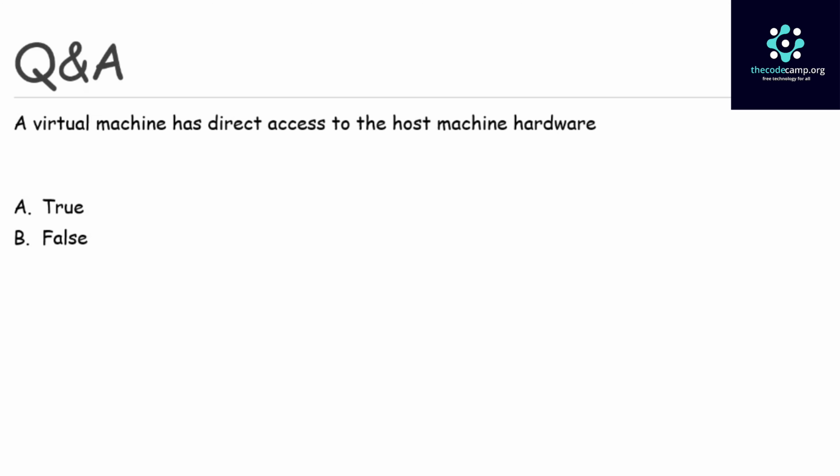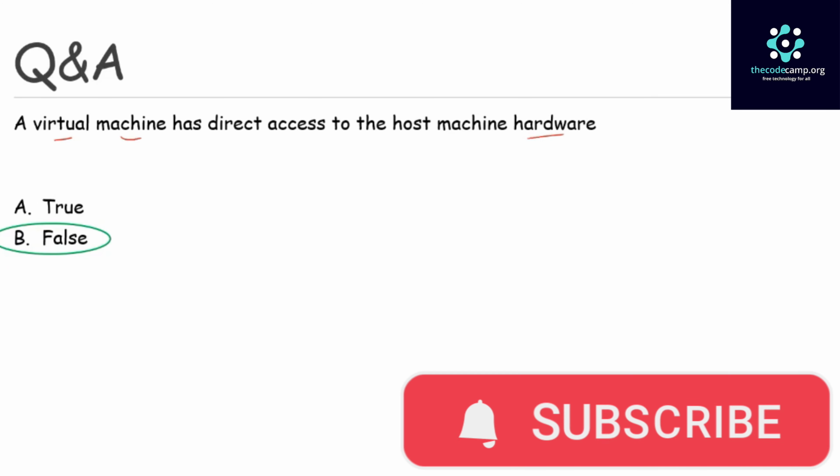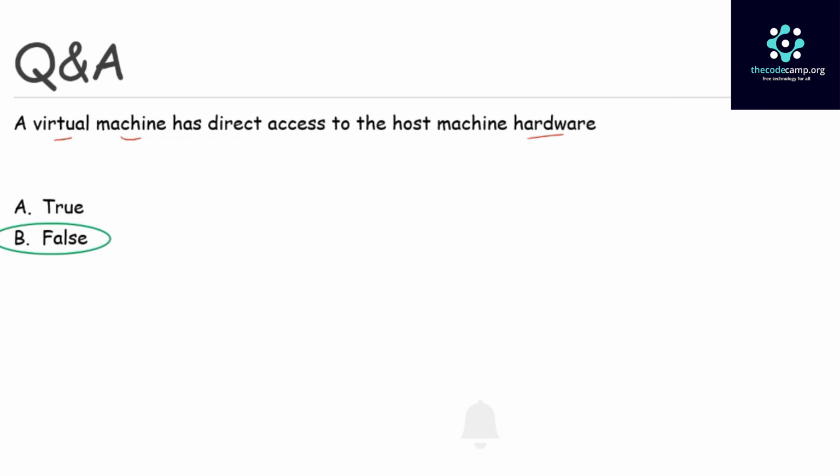True or false? This should be a pretty quick one just to make sure that you're paying attention. The answer is false. Although there are circumstances where you can provide your virtual machine direct access to your hardware and pass through your hardware to your virtual machine, in general, and most generally, it does not have direct access to the host machine hardware. It is using virtual hardware, and then the hypervisor is taking care of scheduling for that hardware and providing that to the guest